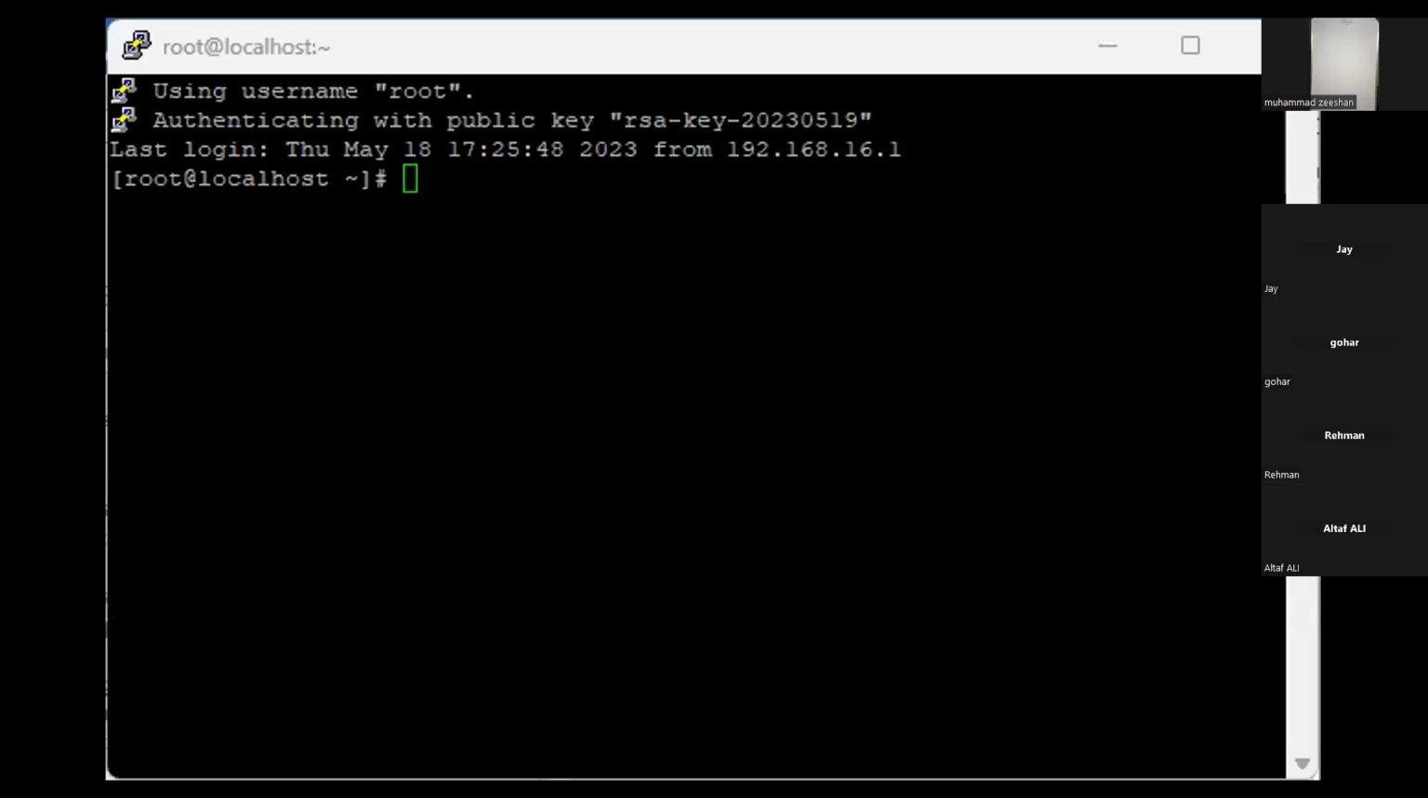Yesterday we learned some basic commands: how to traverse through directories, creating files and folders, moving them here and there, editing a file, stopping a file. So today,